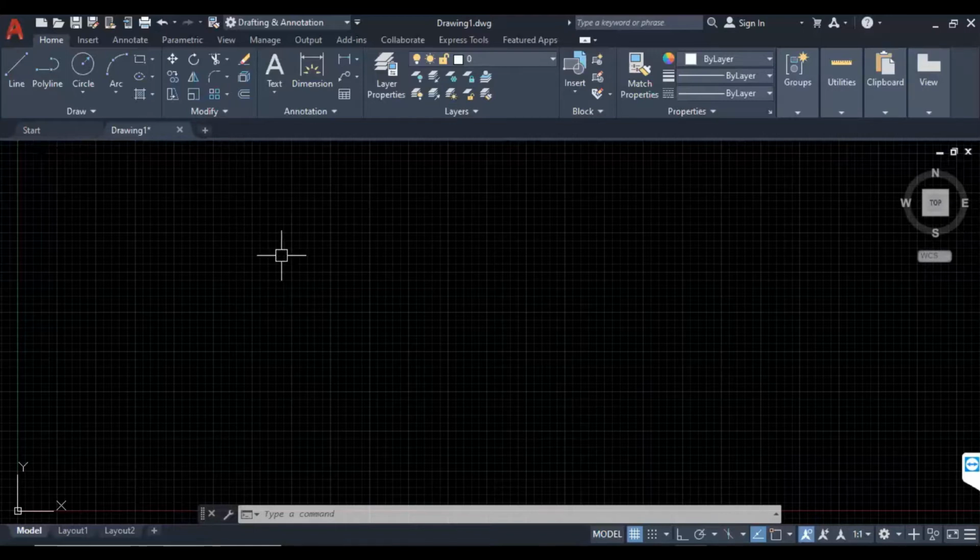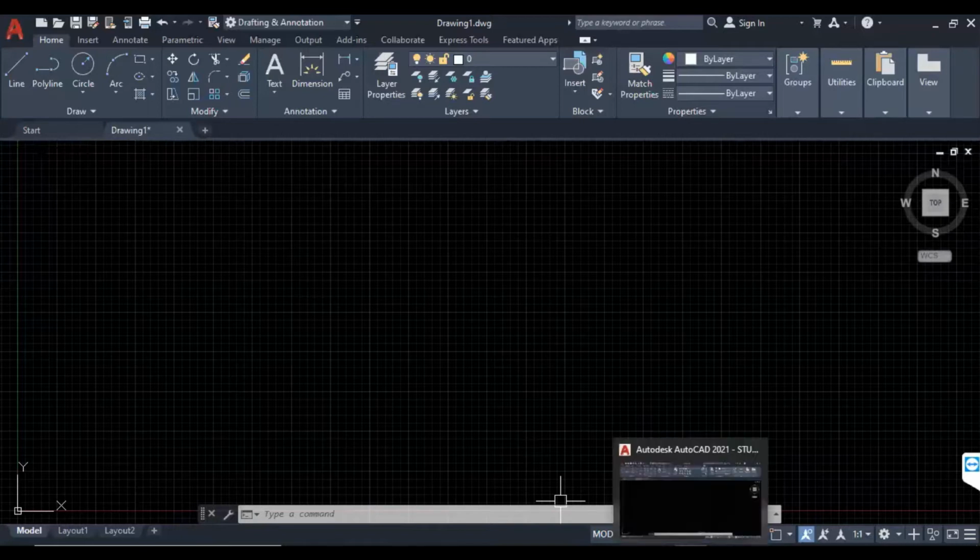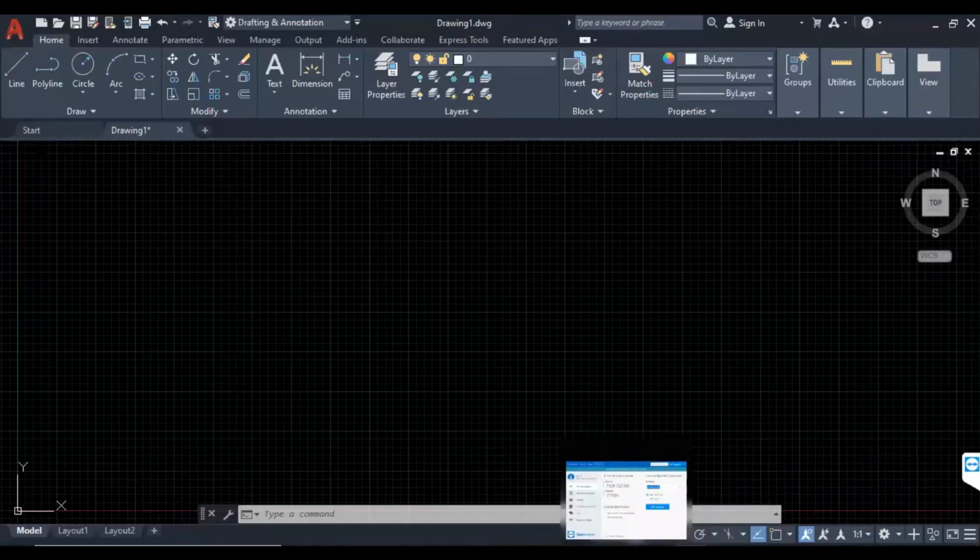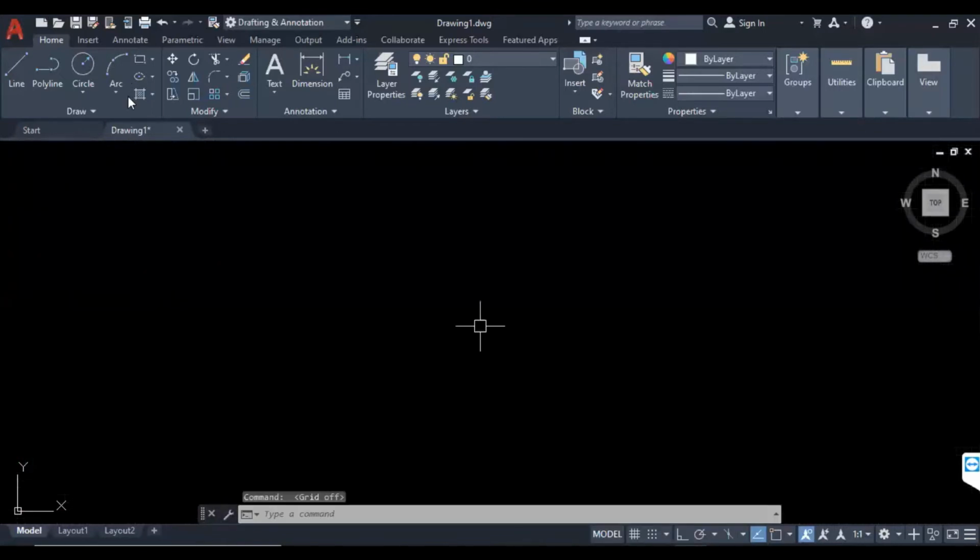Whatever is displayed here in black color is called the graphic area. The graphic area is infinite, but whatever segments or entities we are going to generate have definite values.